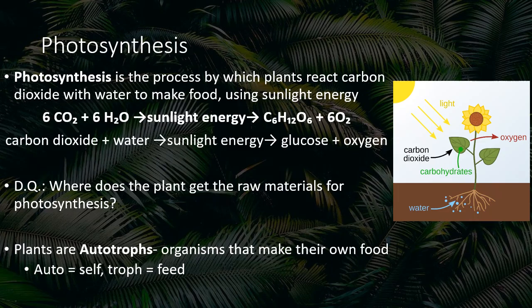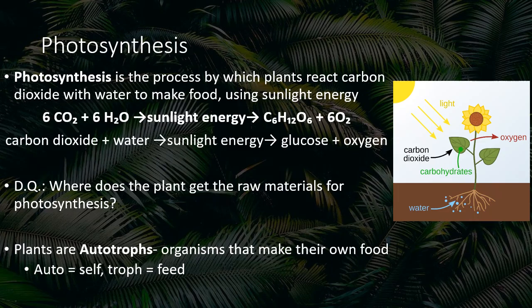produce 1 molecule of glucose or sugar. And we also produce as a waste product 6 molecules of oxygen. If we count up the carbons, and if we count up the oxygens, and if we count up the hydrogens on either side of this equation, we have the same number of all of the atoms on either side of this chemical equation. So this is a balanced chemical equation,